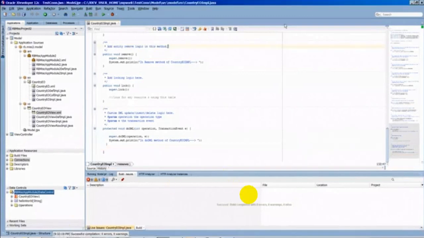Okay. So hope everyone can see my screen. Okay. Okay, so